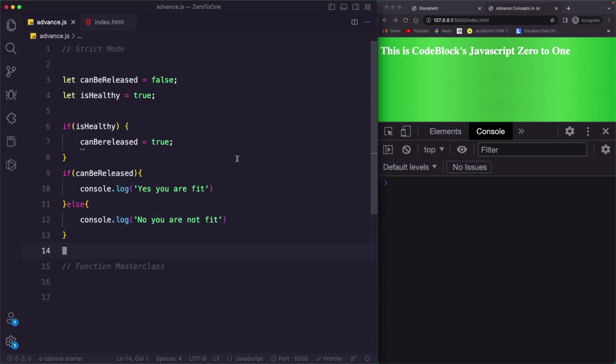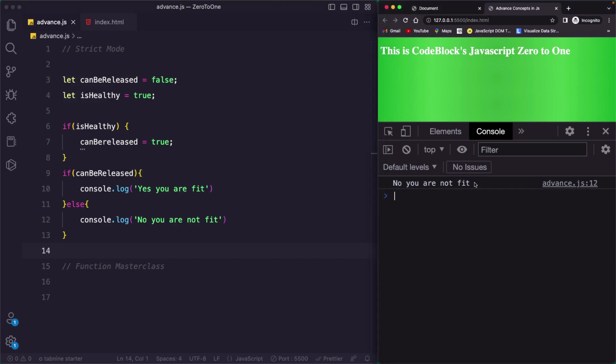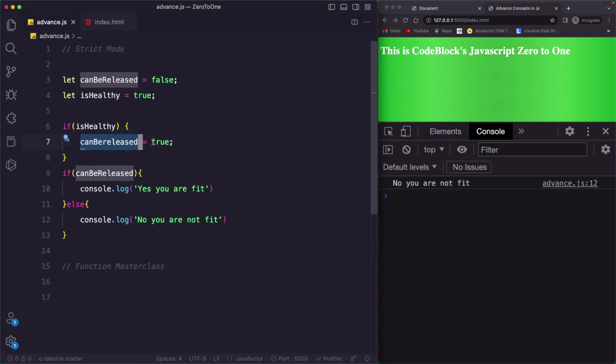So if I save, it says no you are not fit, even though we have changed the variable value to true. It did not produce the message that yes you are fit, but it produced this